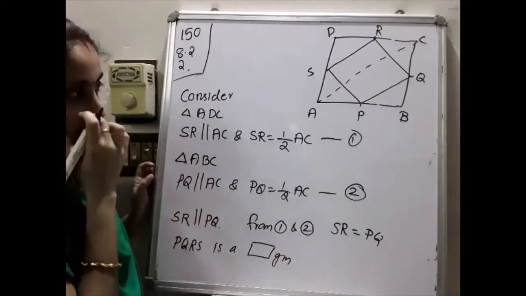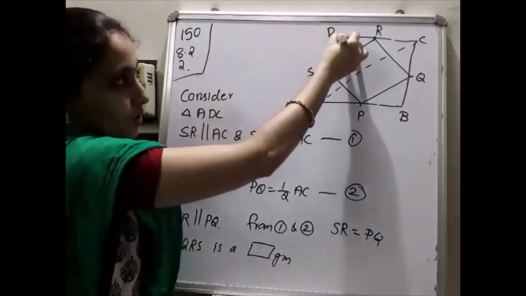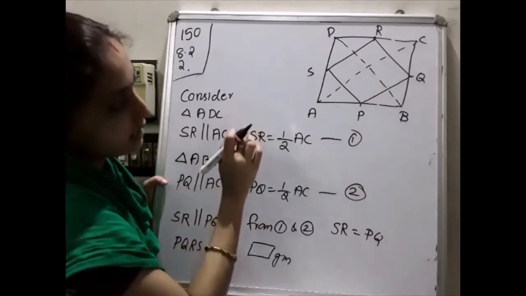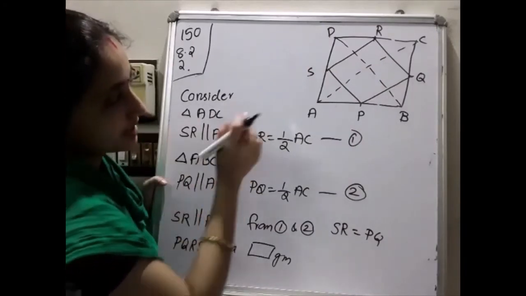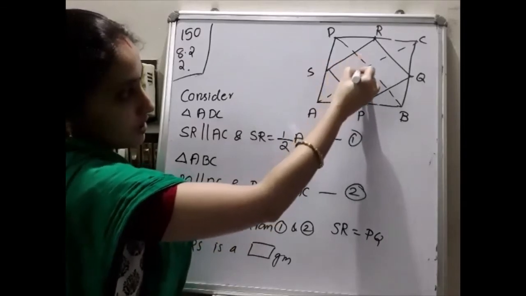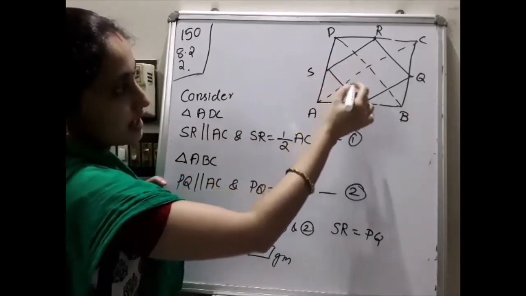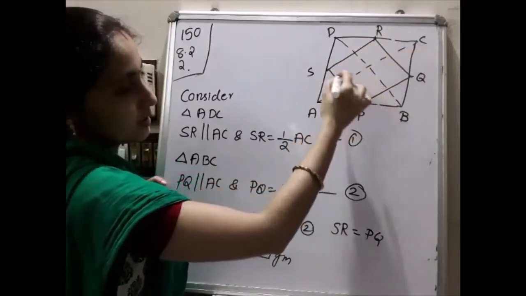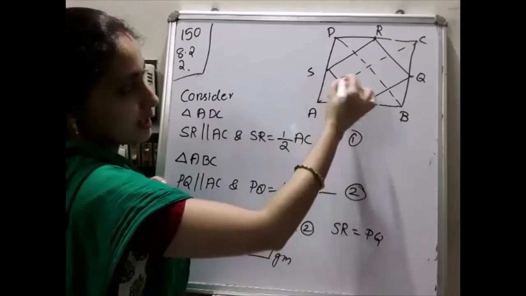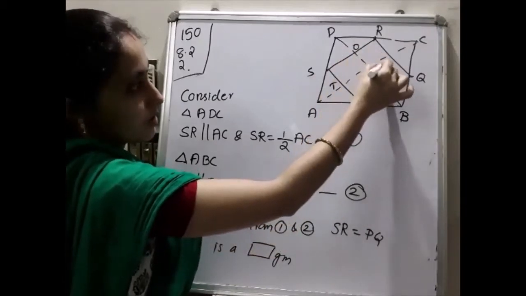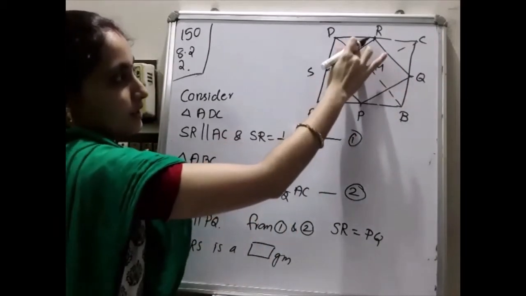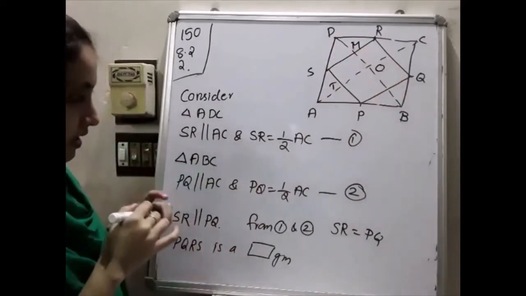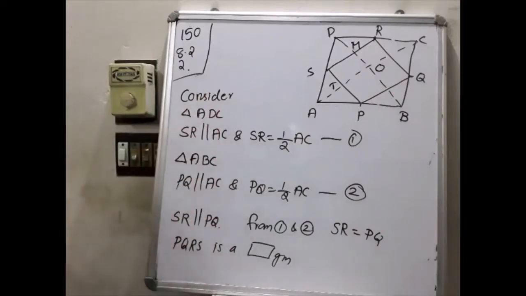For that purpose, listen here. I am just drawing another one, that is BD, another triangle. Then what we are considering is this portion. I'll mark S, P already there, here T I mark, here O I mark, here also M I mark. That is easy for understanding. So please write down up to this. After that, I'll explain the remaining portion.